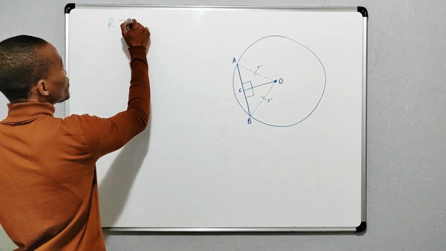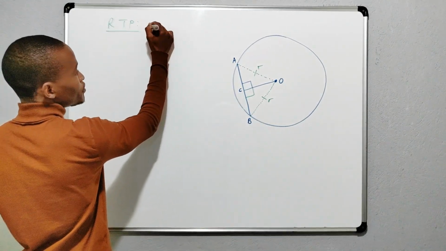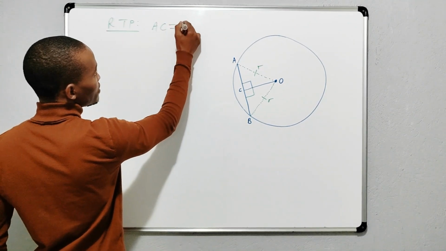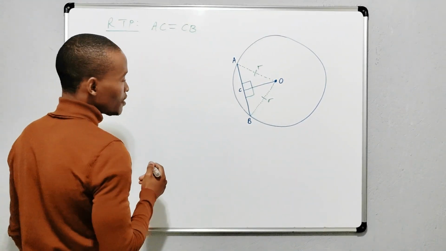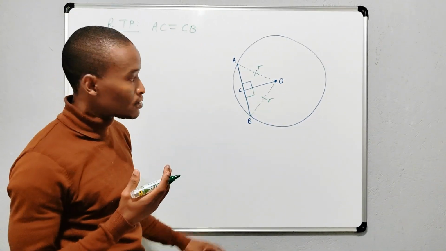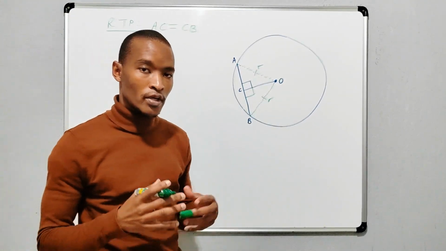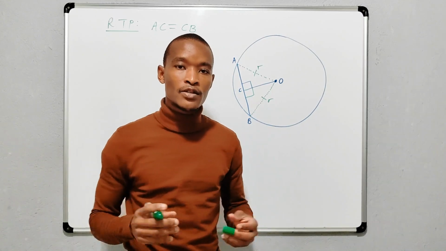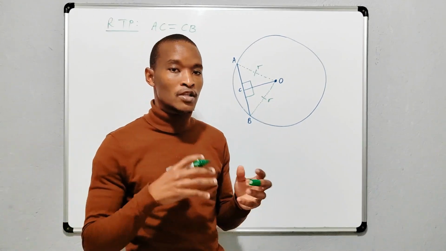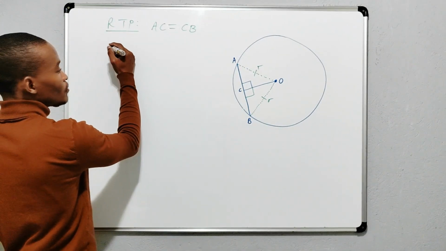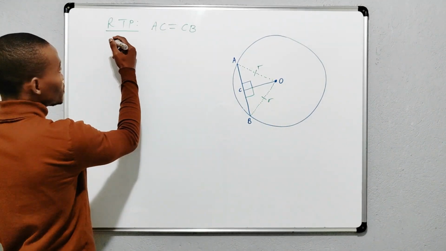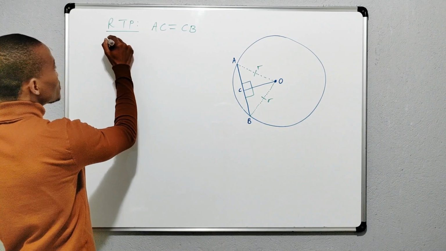So what are we required to prove? We're required to prove that AC is equal to CB. The construction must always be there, and you can indicate it in the sketch or in words. But I advise that you use the sketch because that is your visual aid, and you must have your sketch supporting your proof definitely. So the proof,